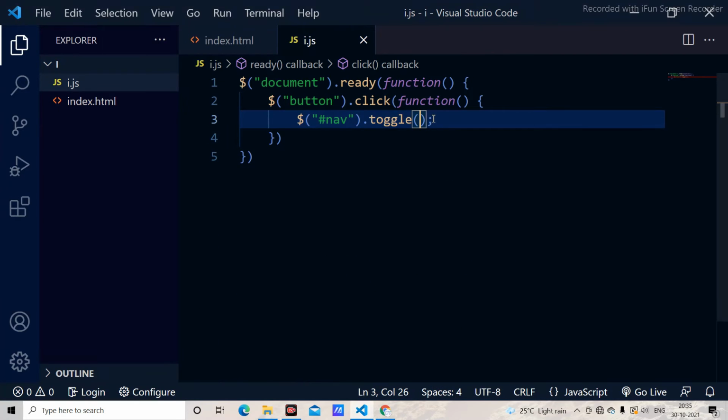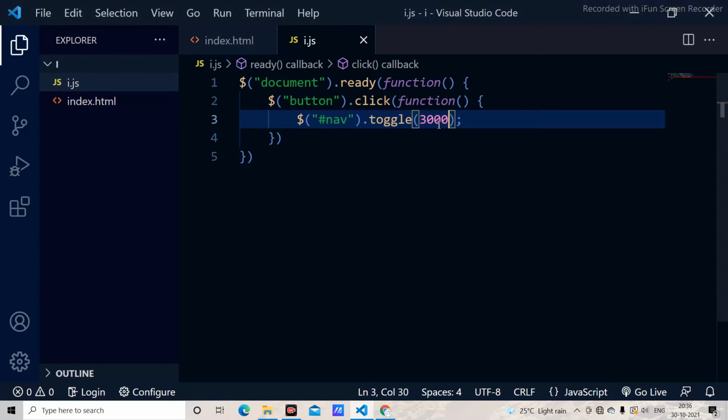And in fact, you can add a transition using the timing, the same as with both of them. I reload the site, and I click it. Well, it is going to show us slowly, and it is going to hide it slowly. And this is how we go with the toggle method, in which we can hide and show simultaneously.